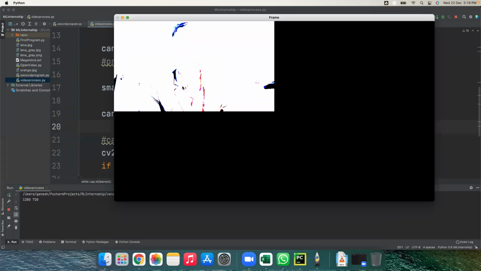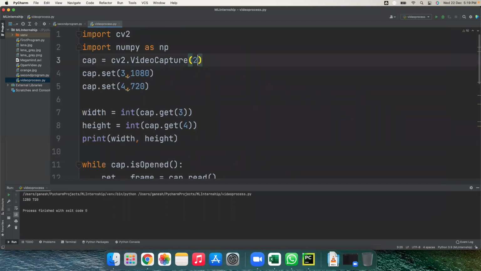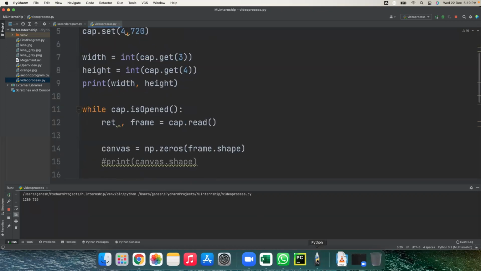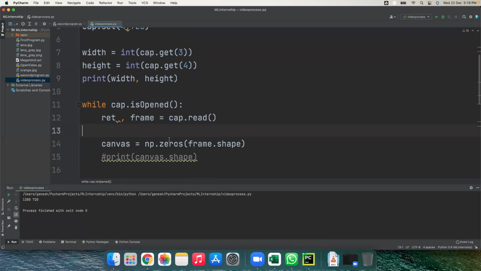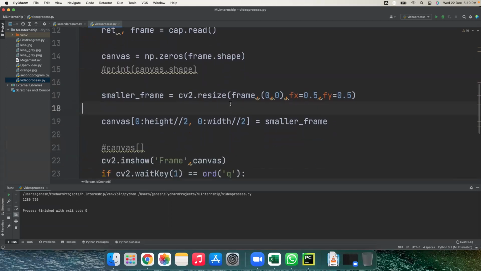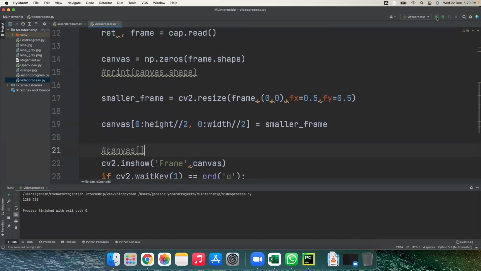Yes, why this image is showing like this, I don't know. Okay, let's try with another camera. Okay, so it's showing the same output. So where is the problem? cv2.resize, smaller frame. Yeah. So is anyone getting the same output?